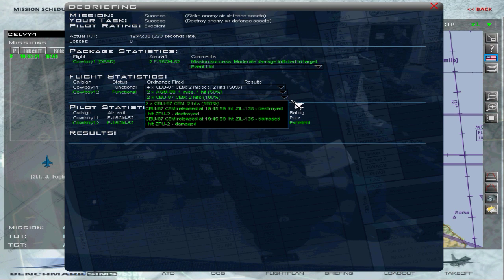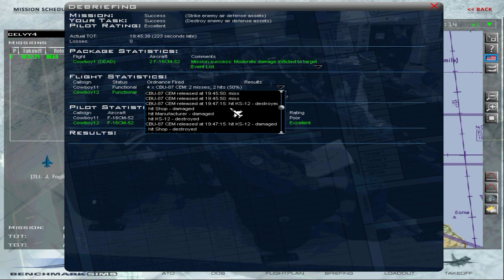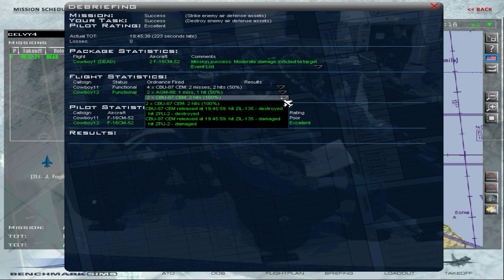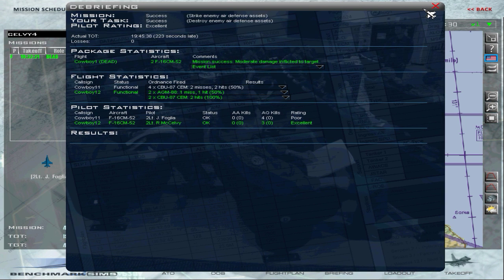Nice. I hit a KS9. I hit 2 KS19s. You destroyed the Fansong F, which is the main radar for the SA2, which is exactly what you're supposed to do. And then you damaged and destroyed some anti-aircraft guns. Nailed it, dude. Booyah. Alright, what'd you think? That was cool. I'm telling you, I think you could be the